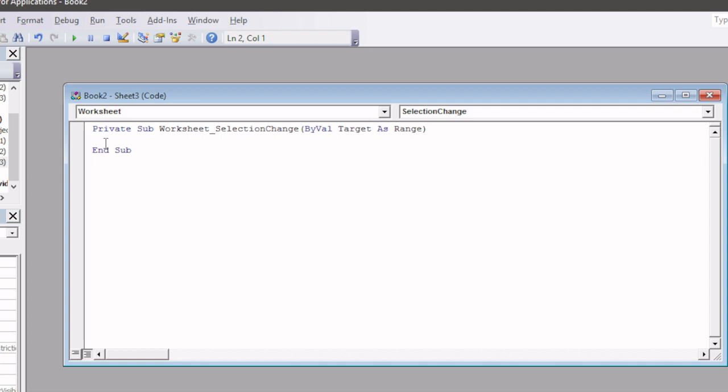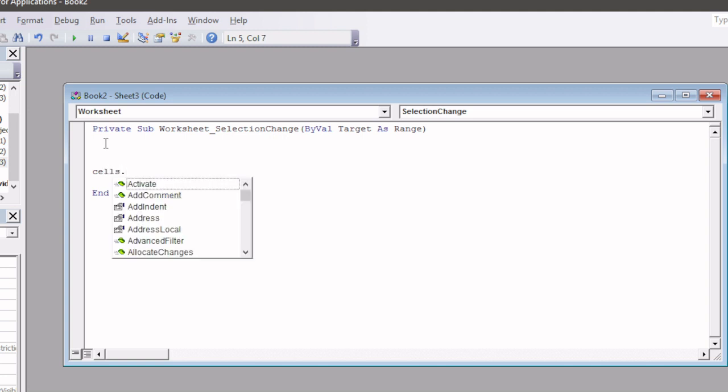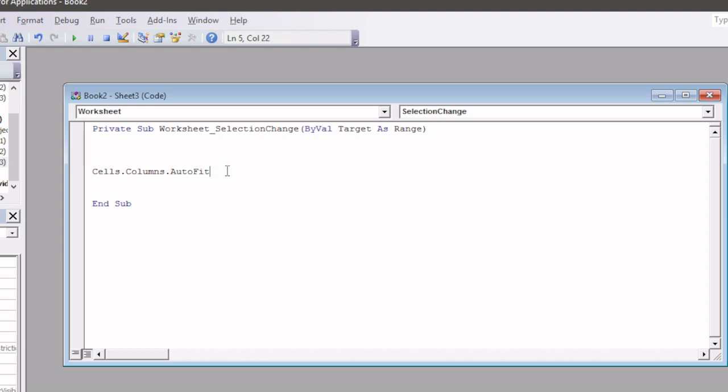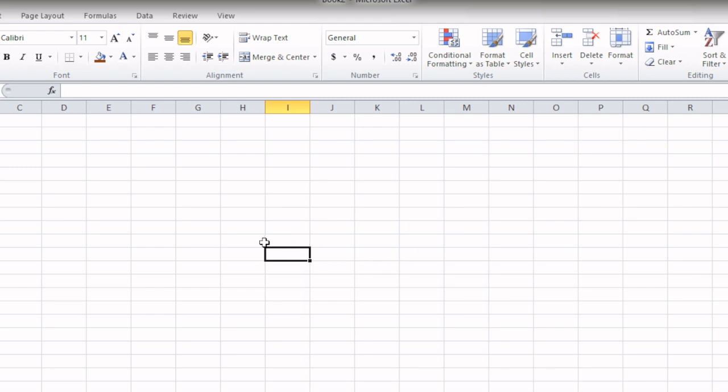Now in this we'll write just one line of code, and that code is Cells dot, through this take Columns. Okay, this is Columns, and dot AutoFit. So this is just one line of code you have to write to make our column autofit. Just close this window. Okay, now in this sheet, if I write computer science,